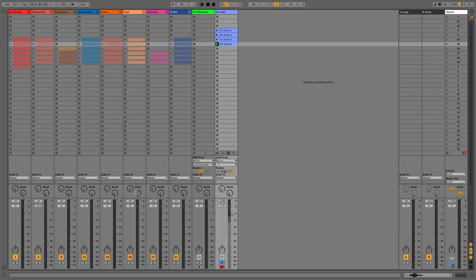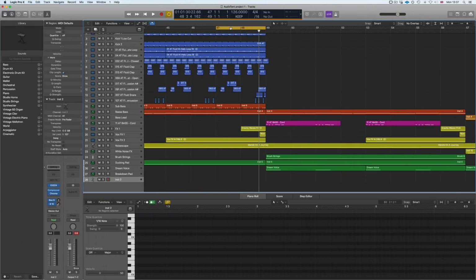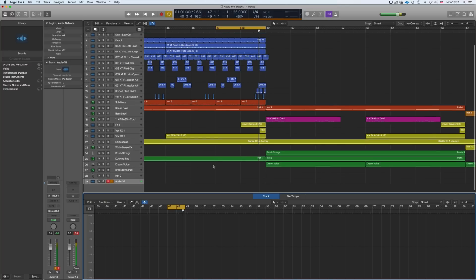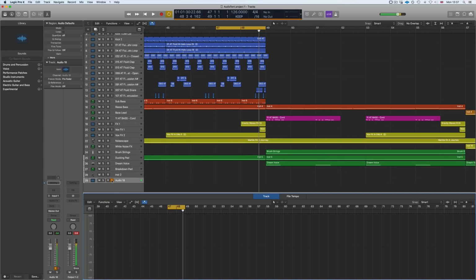If we now go across, I'm just going to delete this track, into Logic Pro, it handles it a little bit better in my opinion. So what we do is we create a new track. We'll go for an audio track, and you can hear straight away it's turned on the input monitoring, so I'm going to turn that off just so it doesn't put me off.